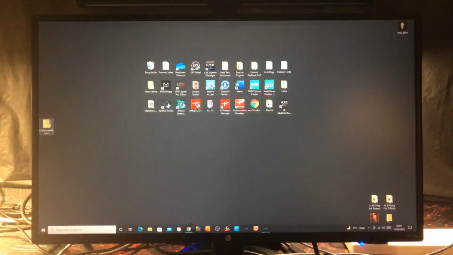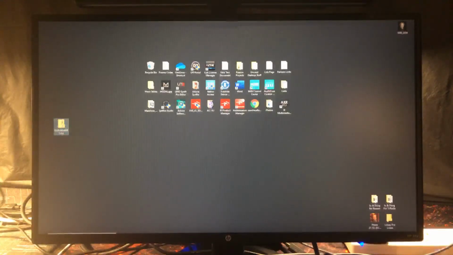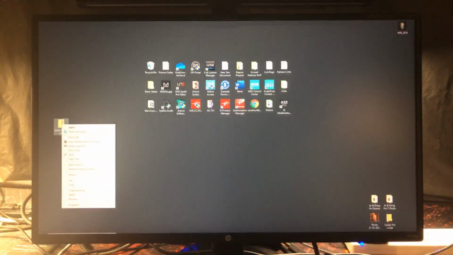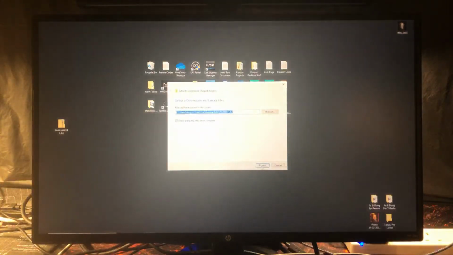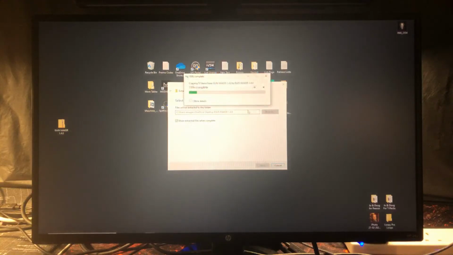So once you download any of their stuff, you get a zip file like this. Okay, so this is the Rainmaker. This is completely free. There is no paid version of this. So I'm just going to extract it here. So this is what you do. We'll go extract, and it'll extract it to the desktop. There it is. And once it's done,